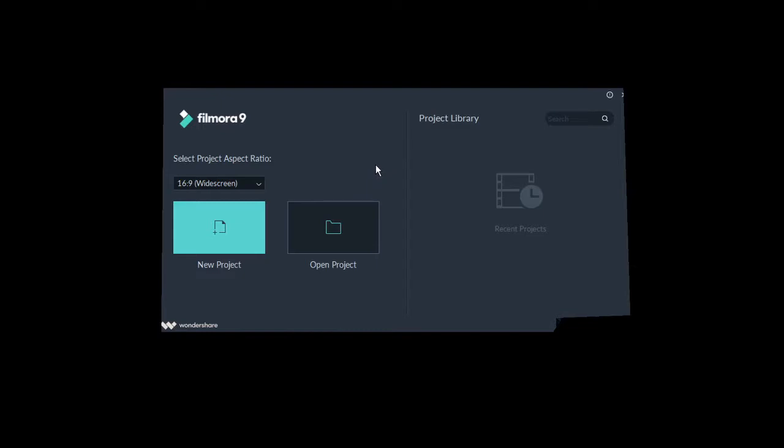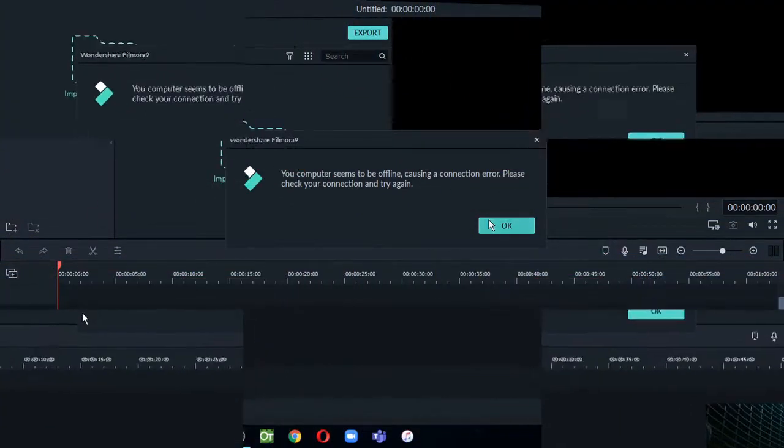But now I am not doing any project currently, so I don't have anything, so I am just clicking new project. Before that, you can also change the ratio of your video, like 16:9, 1:1, 9:16, 4:3, and 21:9. But as everyone uses 16:9 because it's standard, I'm using this. And if you want to edit, click new project.